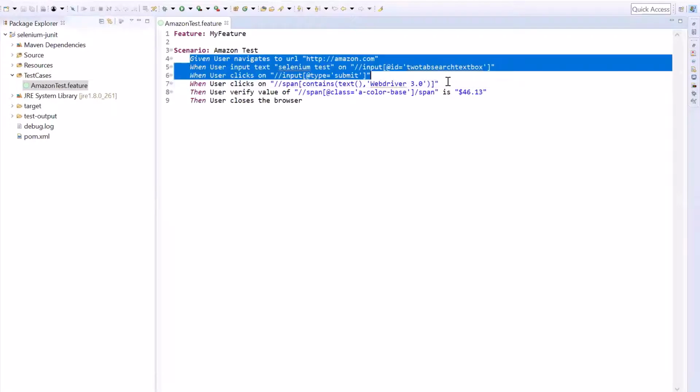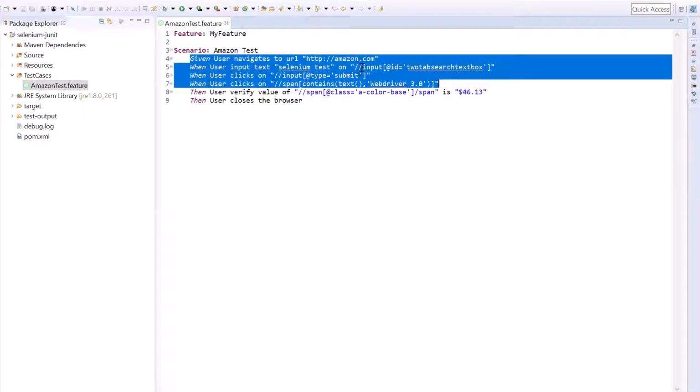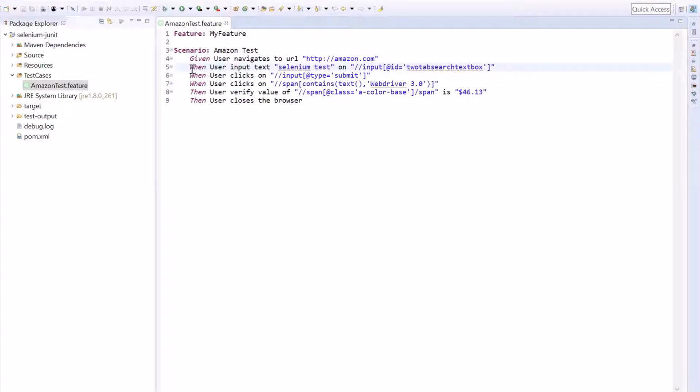Although in our current scenario, we don't have so many steps which we can skip, in your case there might be a lot of steps to be executed before we reach the desired page. So the example which I'm taking is very small and simple, but in an actual application, the scenario can be very big based on the complexity of the application.